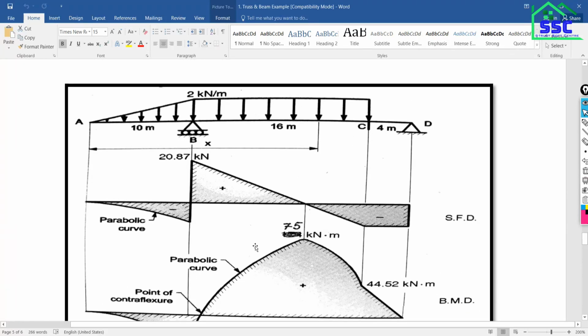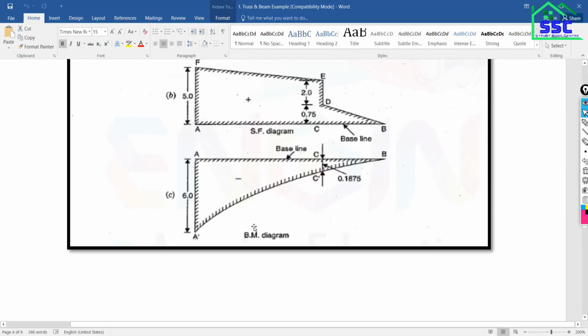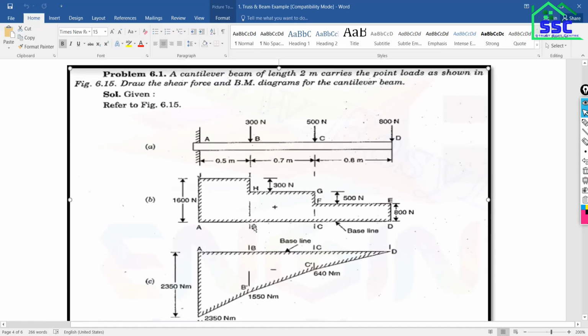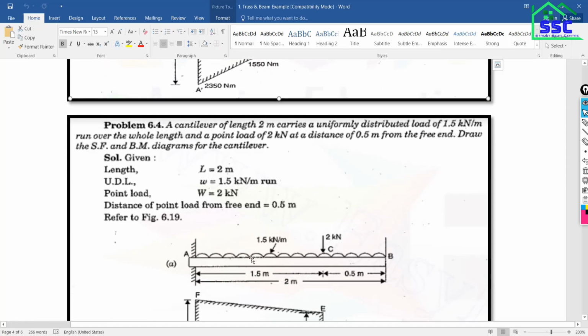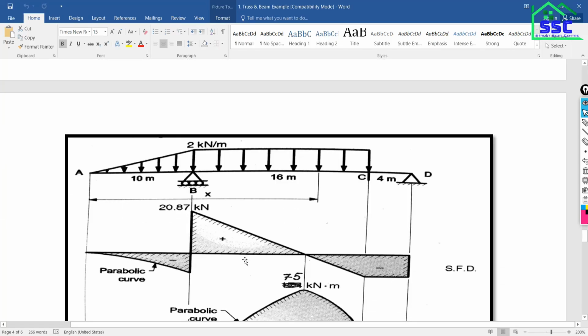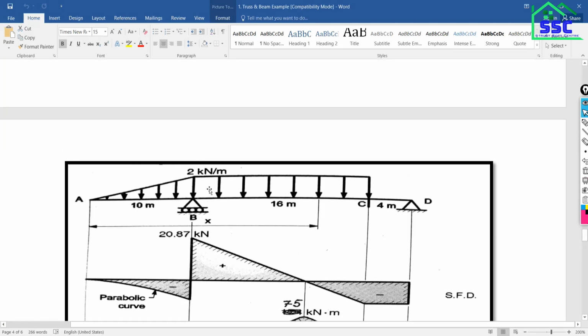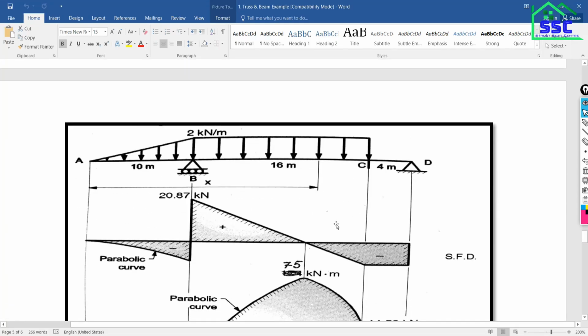Now we have to model this type of beam. Till now you have learned how to assign the joint load and how to assign the frame load, that means UDL. Now in this practice you will learn how to assign the trapezoidal loading, or we can say non-uniform load. Got it? So we have to model this beam. How to do this?